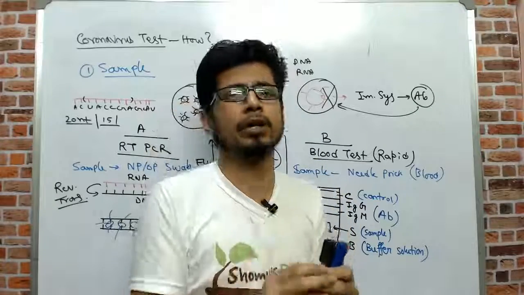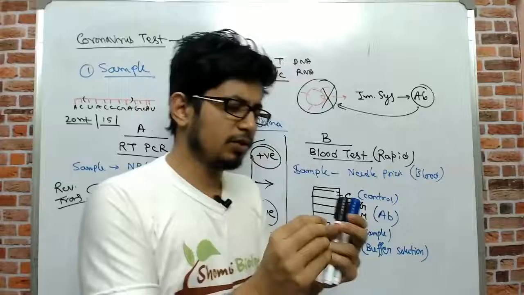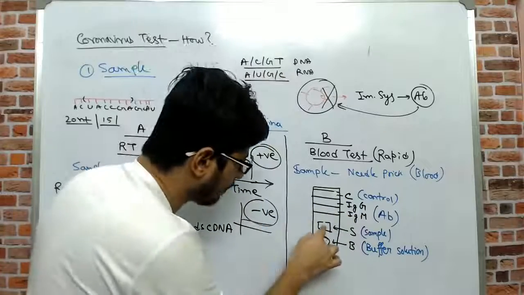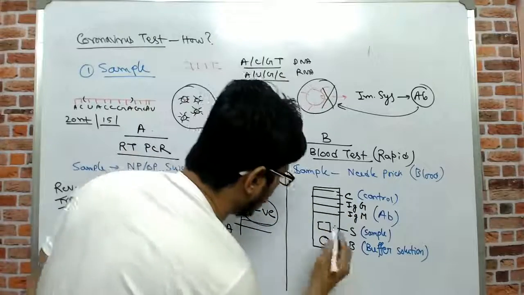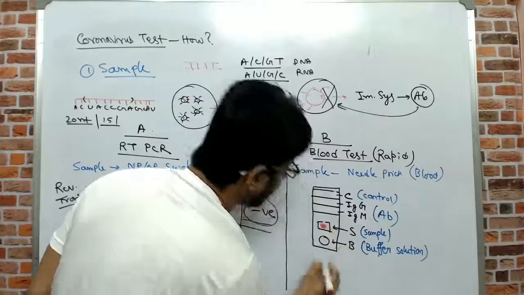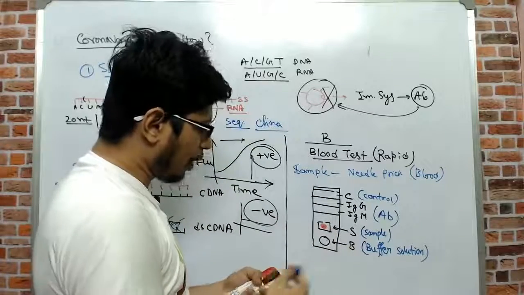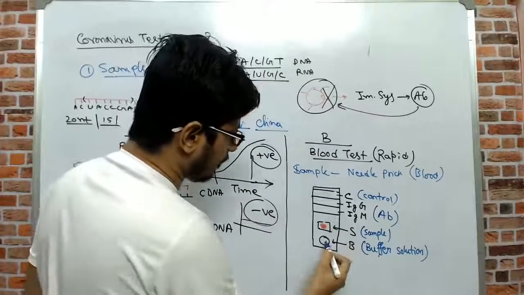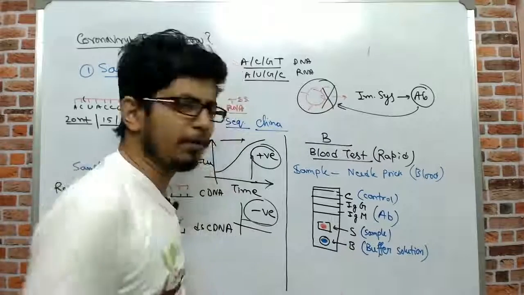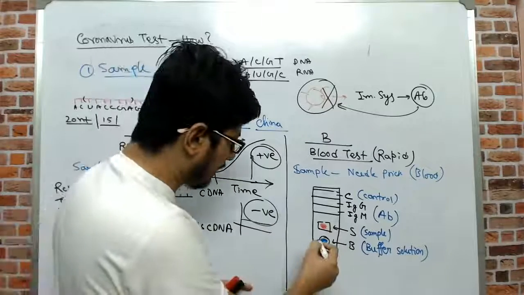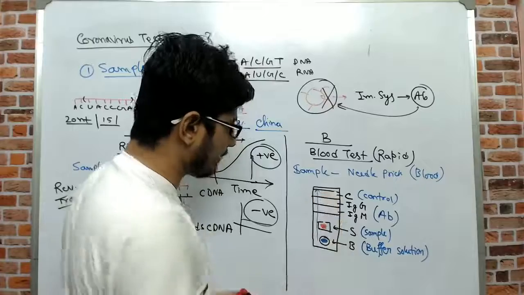Okay, 10 microliters of blood is sufficient for this test. So just take a drop of blood and put it in the sample place. So let's put the blood in here. Then you also need to drop this buffer solution here. The buffer is provided. Buffer is a liquid solution which will take your blood up in this direction,